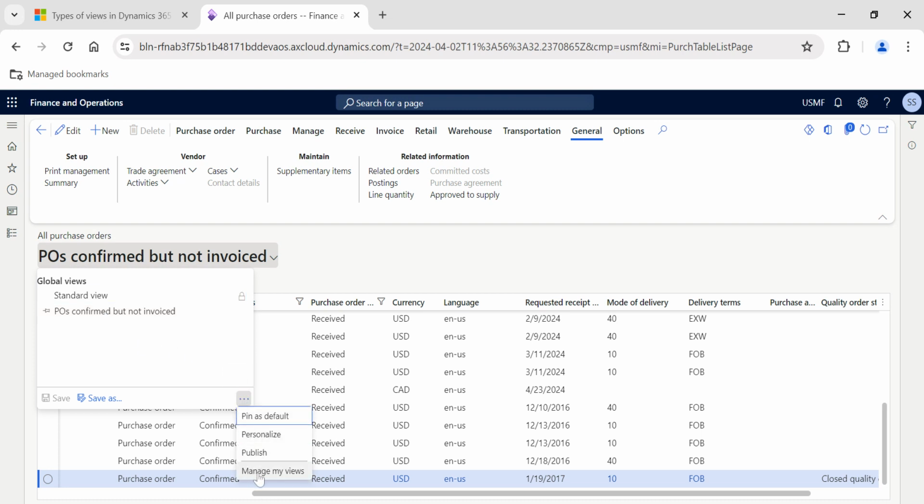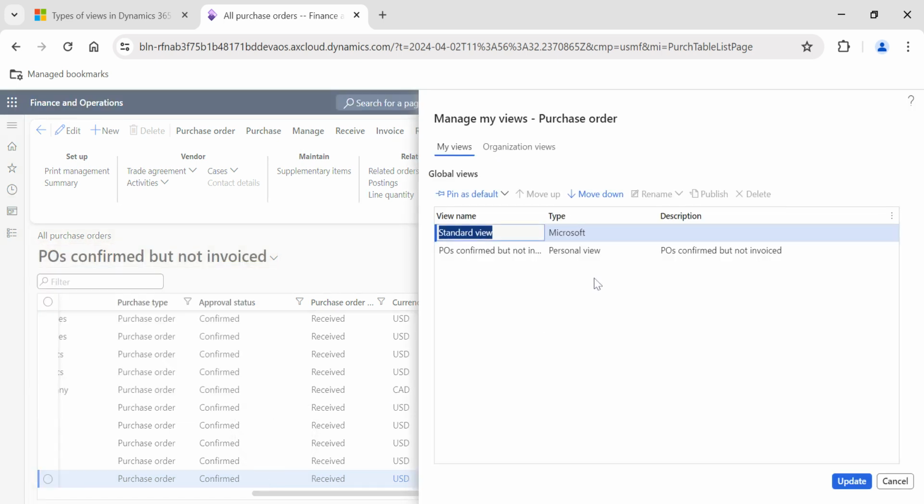And also, when I say manage my views, you will have the option to delete or move views up and down the way you want to view them. In case you're creating a number of views, you can move them up and down in the way you want to view them. And at the same time you can publish this view. Let's say right now